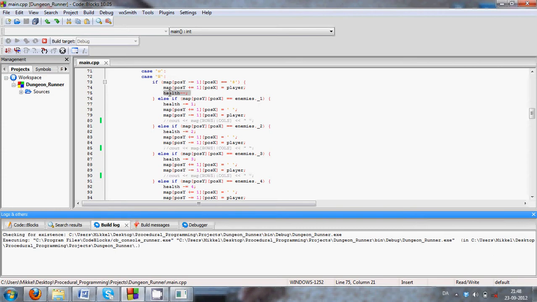but the player loses 1 health because he accidentally walked into a wall. If it is not the case that it is a dollar sign that is above the player when he walks there, then it listens to the next one, which is map position y position x, if it is equal to the enemy one. If so, the player loses 1 health, and the map will change in this form that the previous position of the player will become equal to a space,